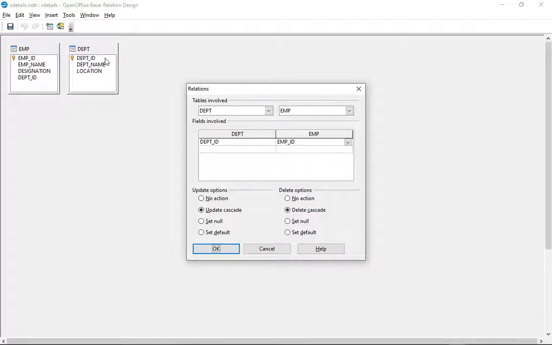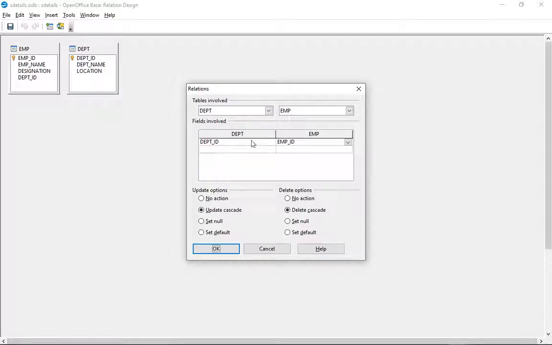There is a rule in the primary table: department 10 and 20 are there, and that must be here also in the employee table. In employee we have 10 and 20, but that must be present in the primary table. But we don't have 20 in department, we have 10 in department. So that's why we got that error.